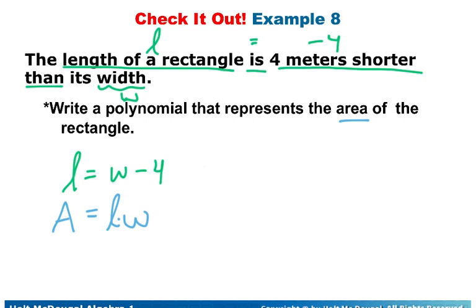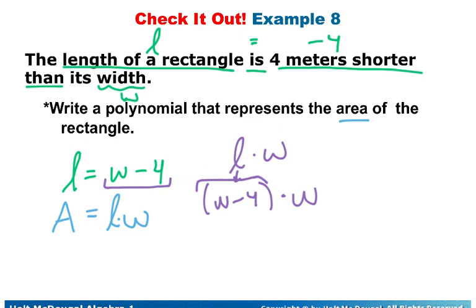So what we're going to do is we are going to take this length and multiply it by the width. So how do we get length times width? Well, length is actually W minus 4. So W minus 4 times W. Alright, so that means that we're going to distribute this W, even though it's on the back end of it,